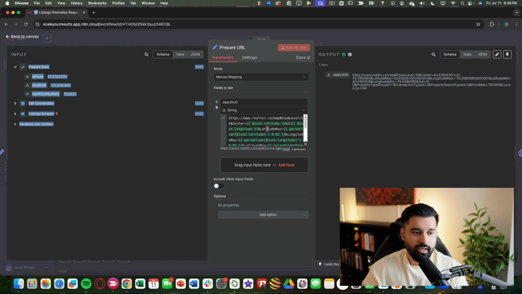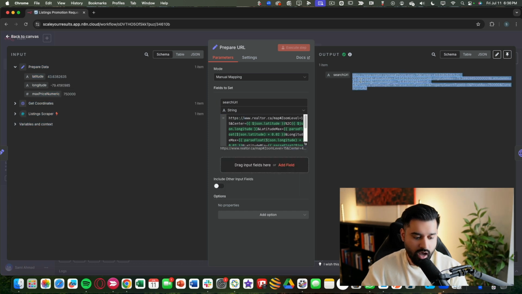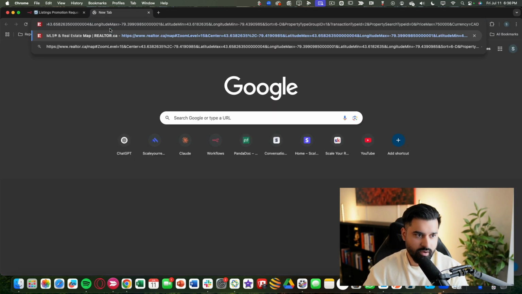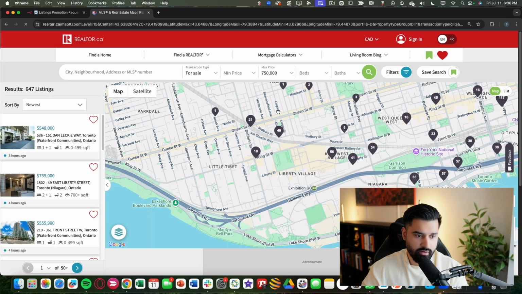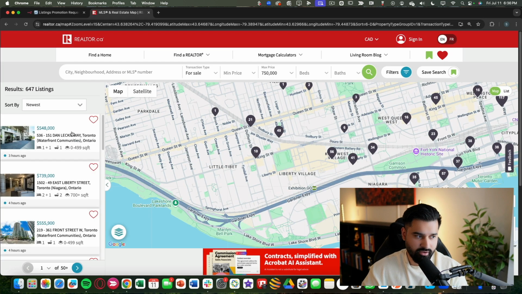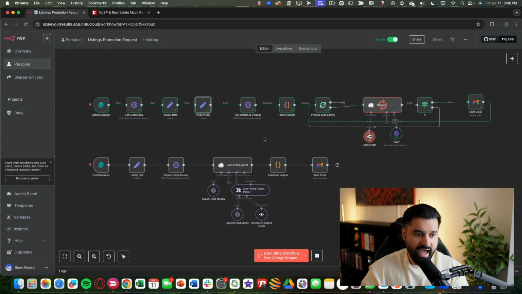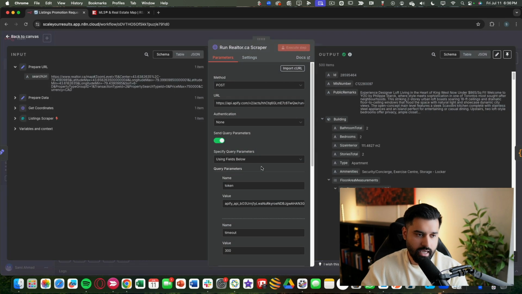Then it's preparing a Realtor.ca URL. Okay, so if I was to copy this Realtor.ca URL, if I was to post it over here, boom, it picked up all the listings under that price point in Liberty Village and surrounding areas on Realtor.ca. Now, when that is done, it goes into a Realtor.ca scraper. We use a website called Apify to get access to this scraper. So anyway, it went ahead and scraped all of the listings in that area, and it gave us 500 results,